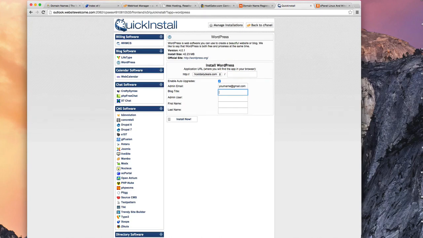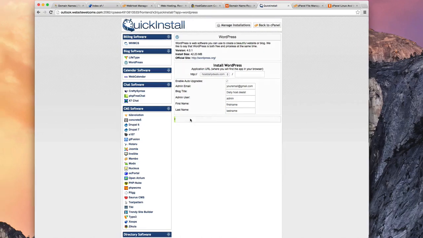You can change this later, so that's not too critical, but my example site is Host Daily Deals, so the title I'll probably use is Daily Hosting Specials. The admin user, I like to use admin, and then you can enter your first name and last name. So let's go ahead and click install, and you'll see this progress bar as it installs WordPress on